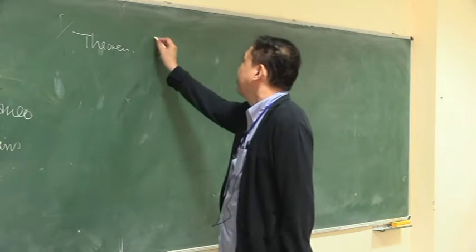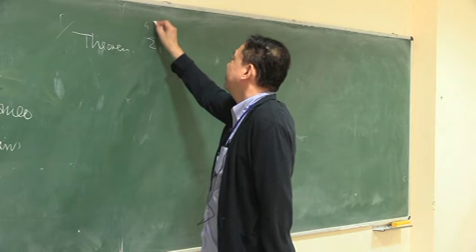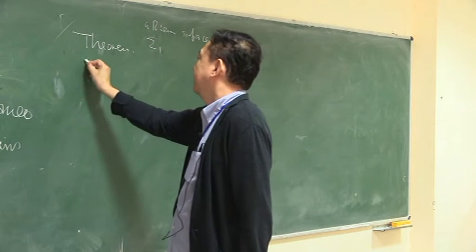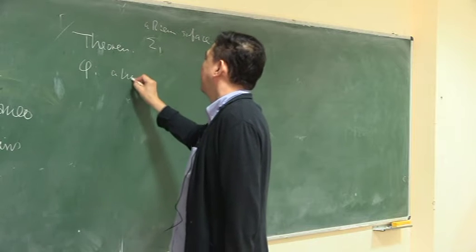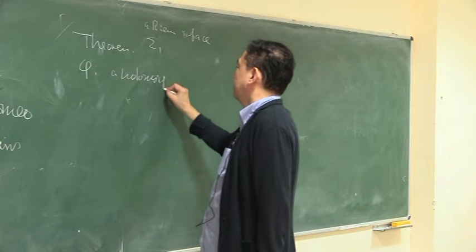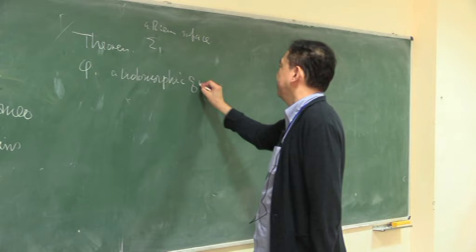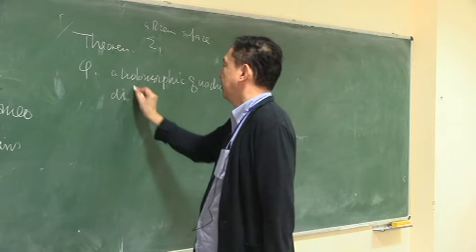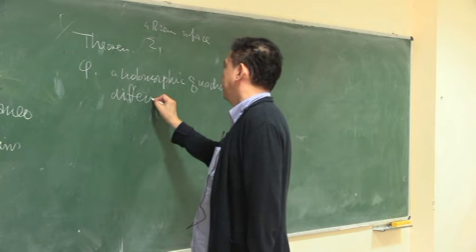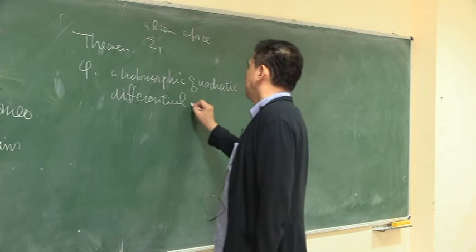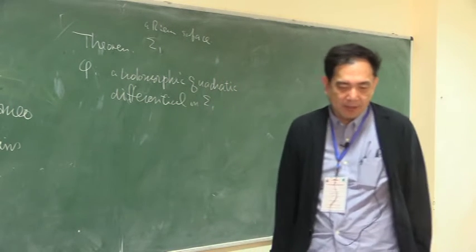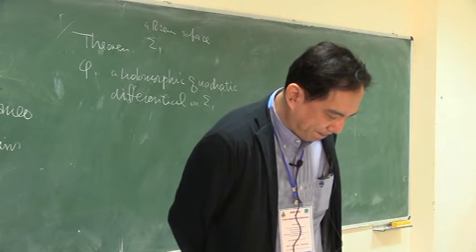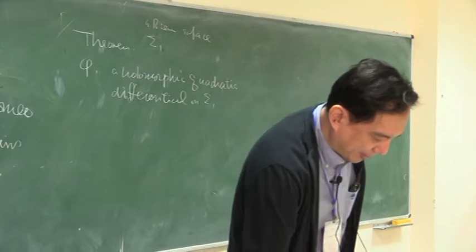So we fix sigma 1, a Riemann surface, and consider phi, a holomorphic quadratic differential on sigma 1. Then we can construct a quasi-conformal map